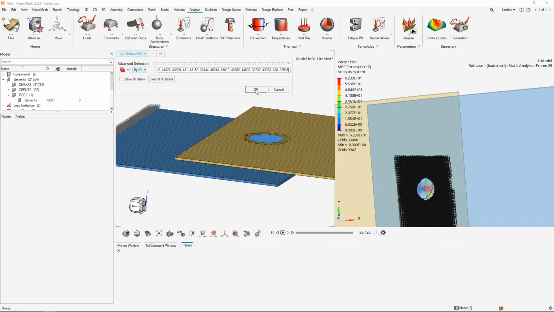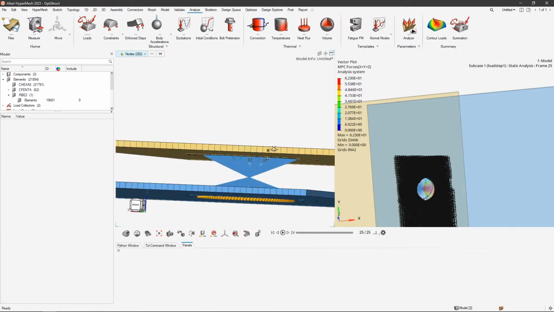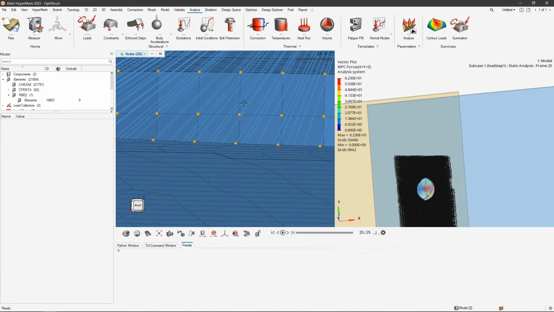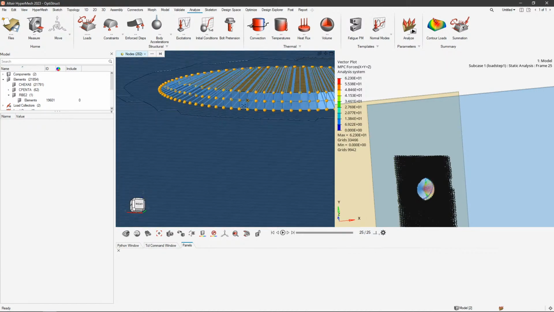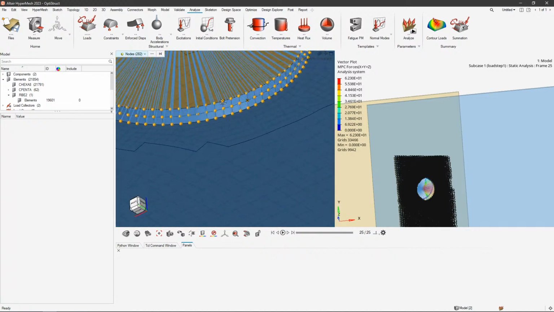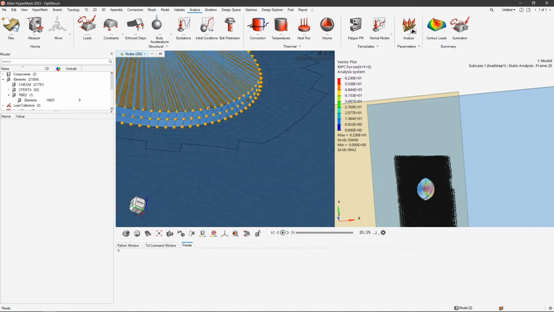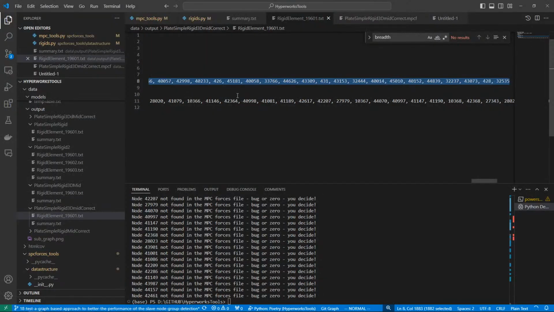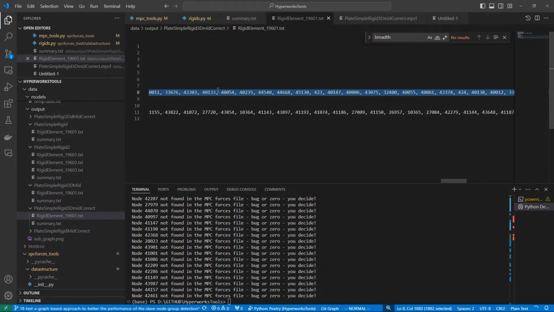So this should be one side of the thing. Seems like it, right? So I would say it is correct in terms of the node ID. So this information should be correct. But why the hell then is the MPC force not correct? And